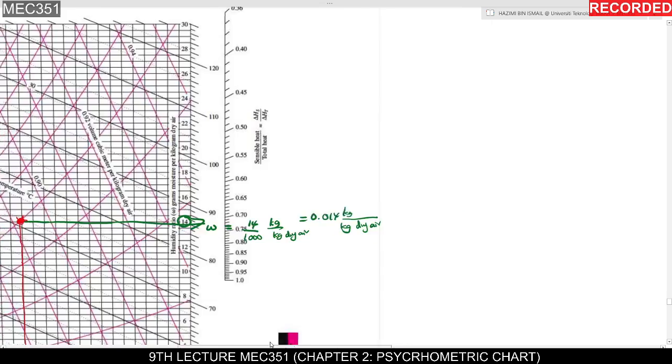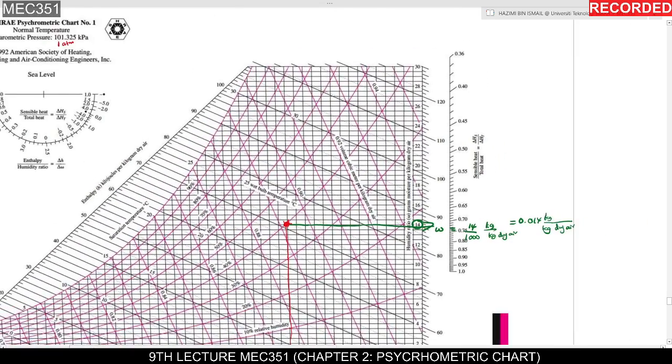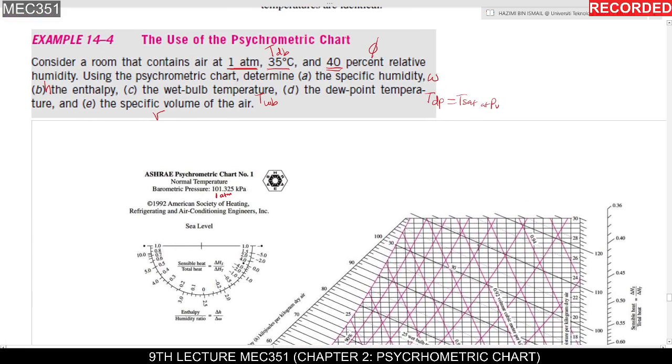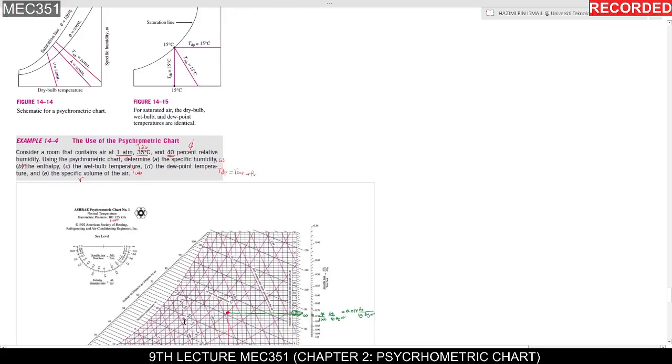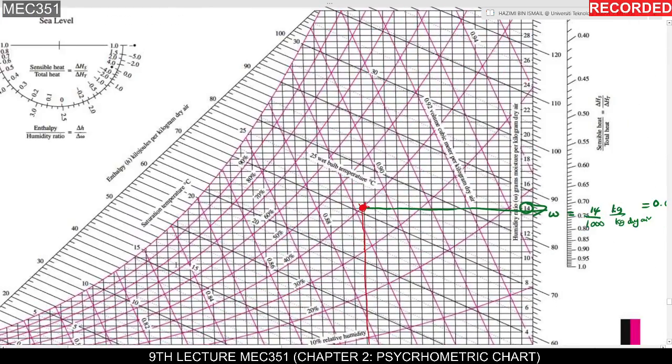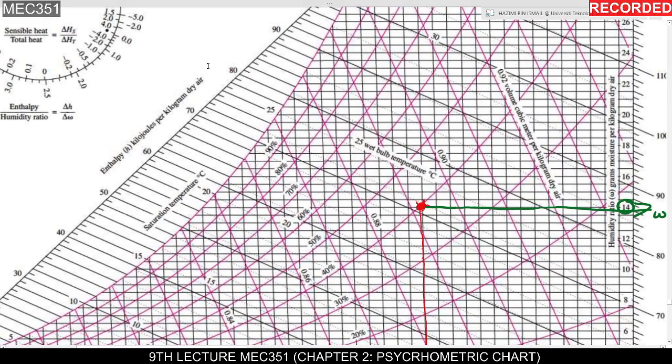Okay, so we have one answer right now. Let's go to the B. The B is the enthalpy. Similar to our first step to find the omega, you find where is the enthalpy in the psychrometric chart. So we have here the slope line. This is 60, 70, 80, and it also has the slope line here. So use your ruler, make it a line